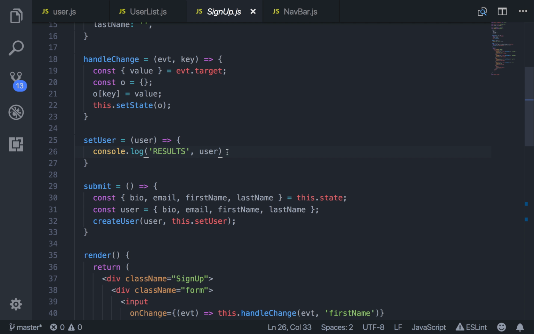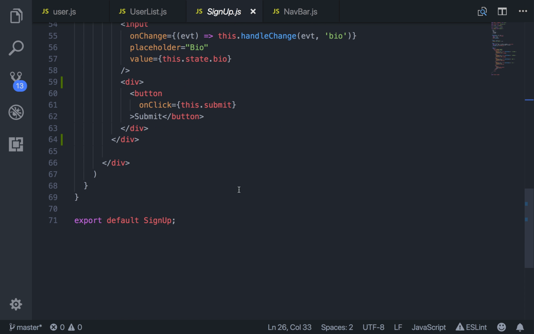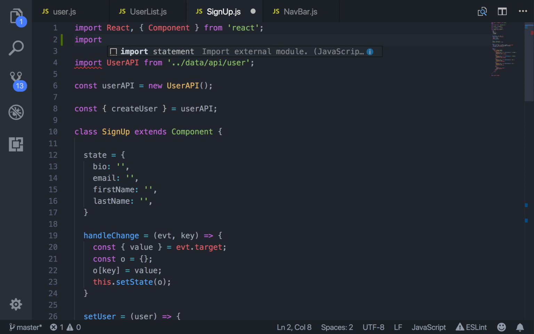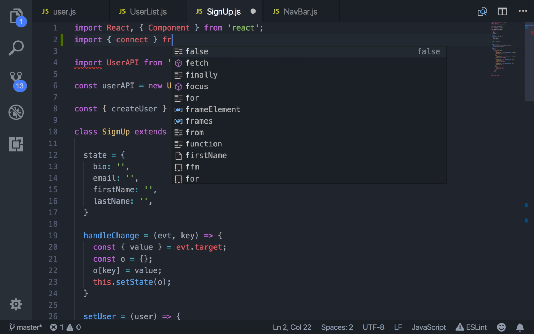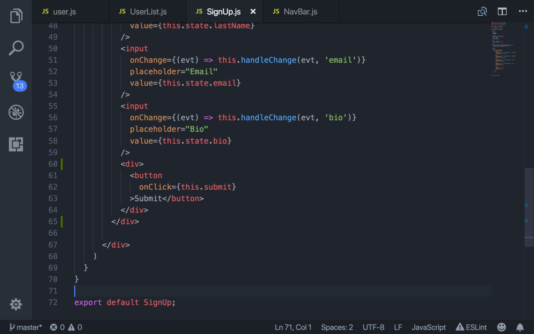So instead, what we can do is we can take this user and add it to our list of users that we have in Redux. So what we're going to do is inside of this signup form, we're going to go ahead and connect this to Redux. So as always, import connect from React Redux. Then I'm going to go down here to the bottom of this component. I'm going to say export default connect,